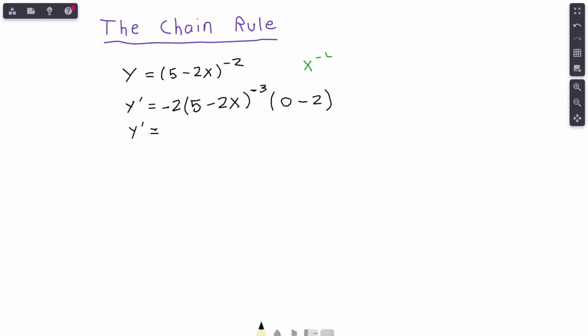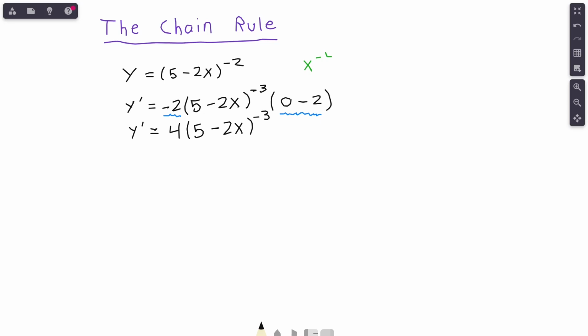This right here is negative 2. This right here is also negative 2. So negative 2 times negative 2 is positive 4. And then we have (5 minus 2x) to the negative 3. And this is a perfectly valid answer. You can write this as your answer and it is completely correct,